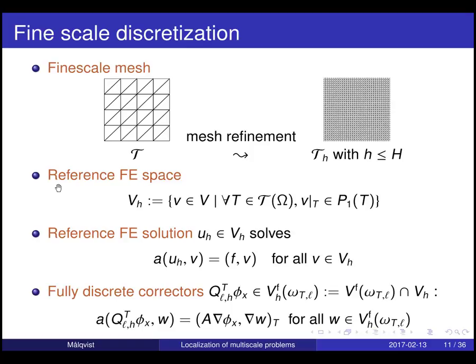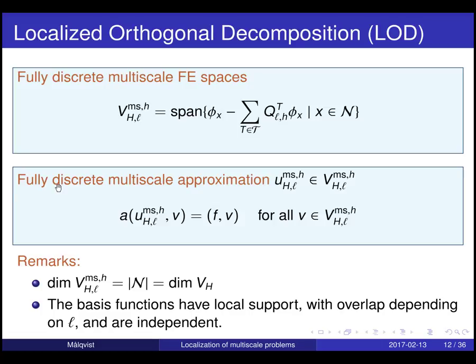defined in that way. And the fully discrete correctors we simply get by picking the localized ones and just discretizing each patch with a fine mesh. Then you get something computable. We call that space VHF of omega TL. L is the number of layers, and this H is the mesh size on the local problems. Okay, and they solve this equation. So now we have computable